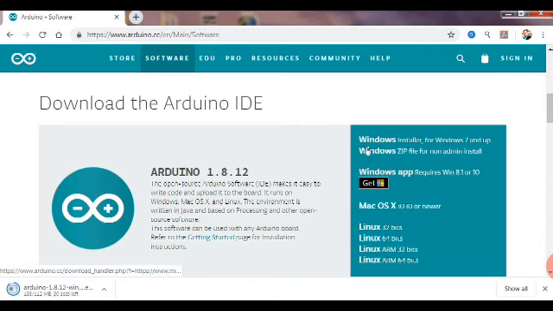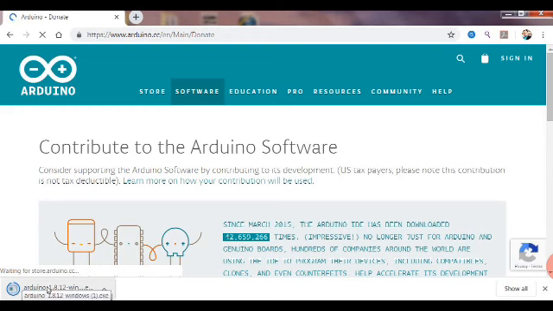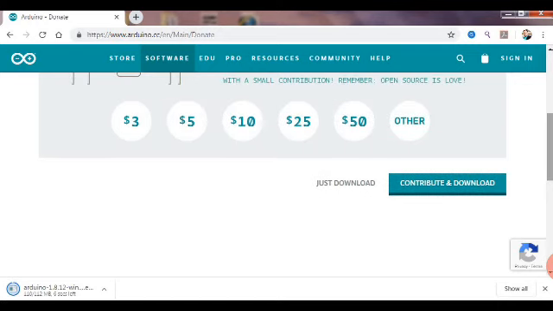You have to select according to your laptop. So I have Windows 7 with me, so I'll click on this, and after this we have to click the download option further, and for this we have to drag it down, and once you drag it down the option will come, just download. So just click on it and the download will start.